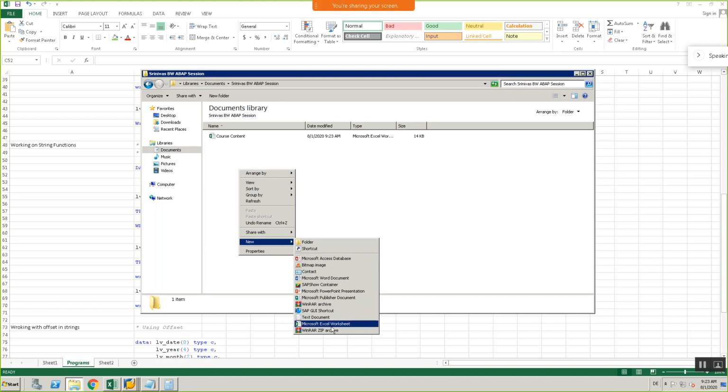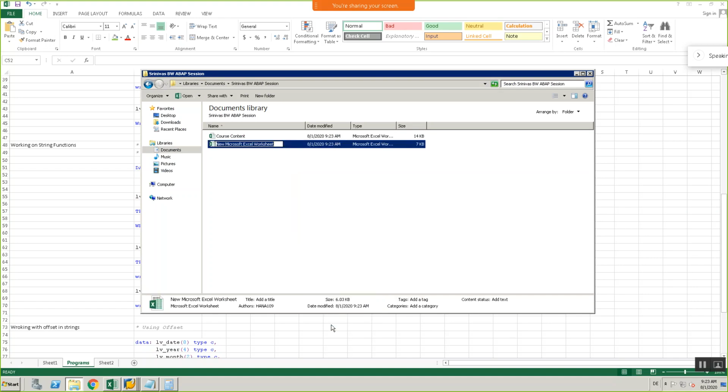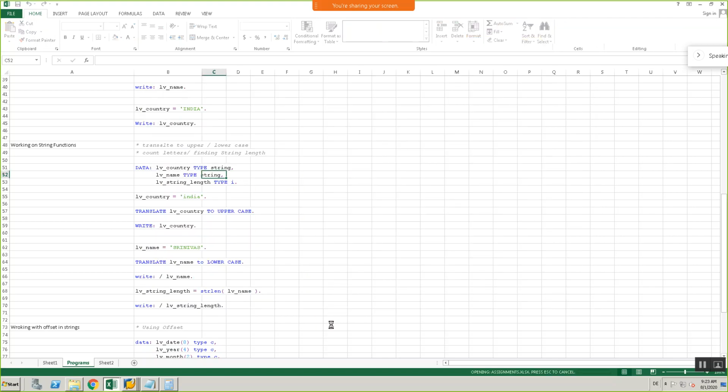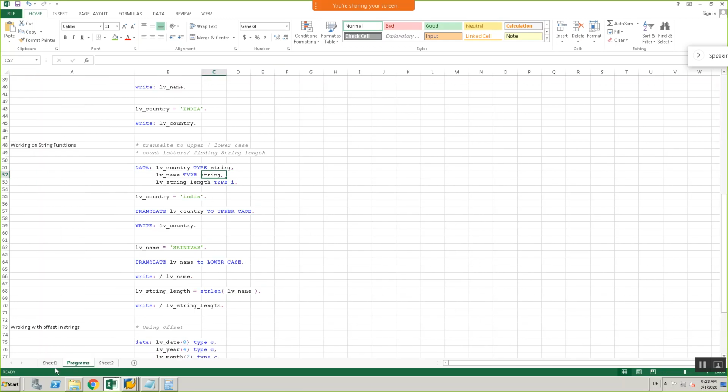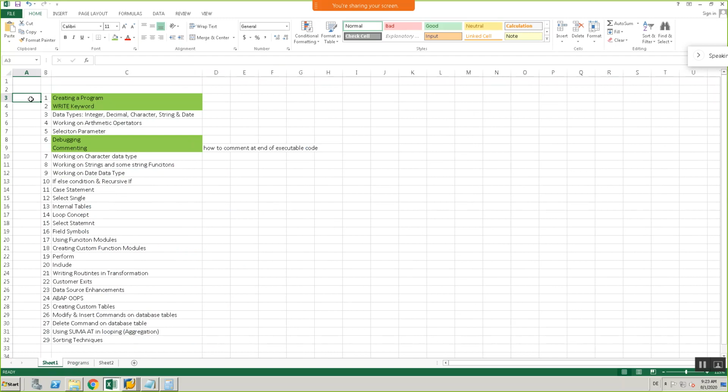I will create another Excel sheet, assignments. In the assignment sheet I will give assignments to you. This is day 1 assignment, and here we can write the date also, on which date we covered which topic.